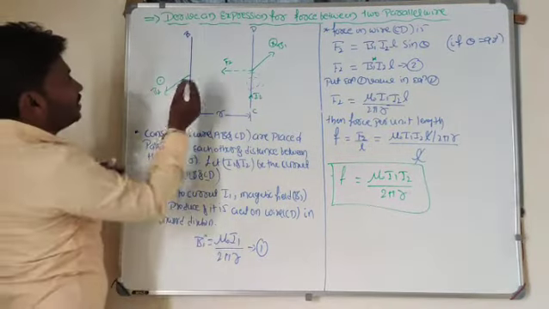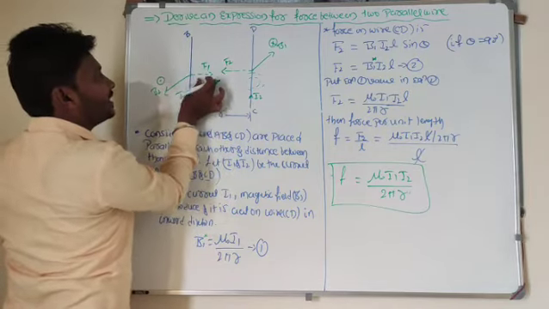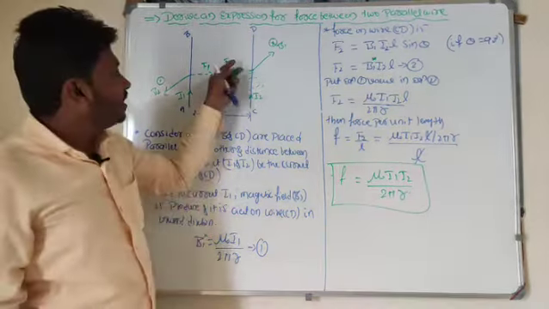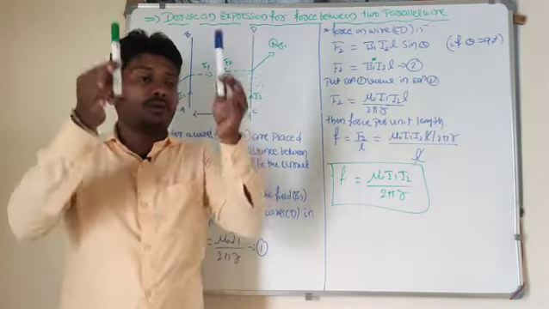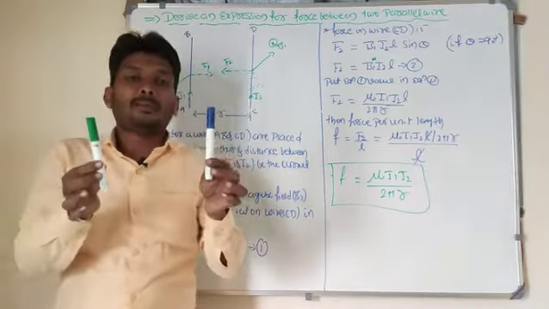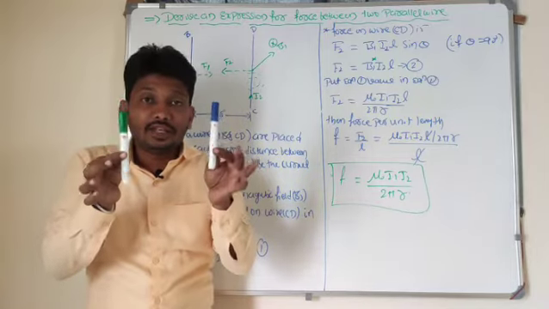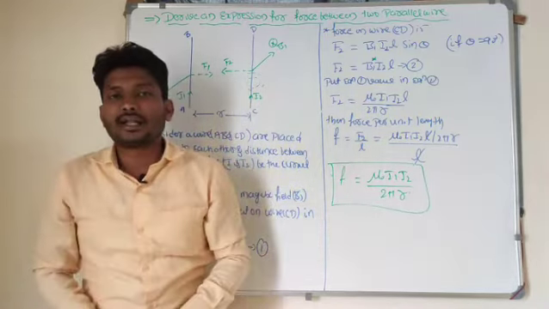Look at here, this is the force F1, which is acting towards the wire CD. F2 is acting towards AB, and F1 is acting towards CD. If these two wires are placed parallel and in both wires current is flowing in the same direction, upward, then in which direction is the force acting? Between these two wires, what type of force can I consider, attractive or repulsive?